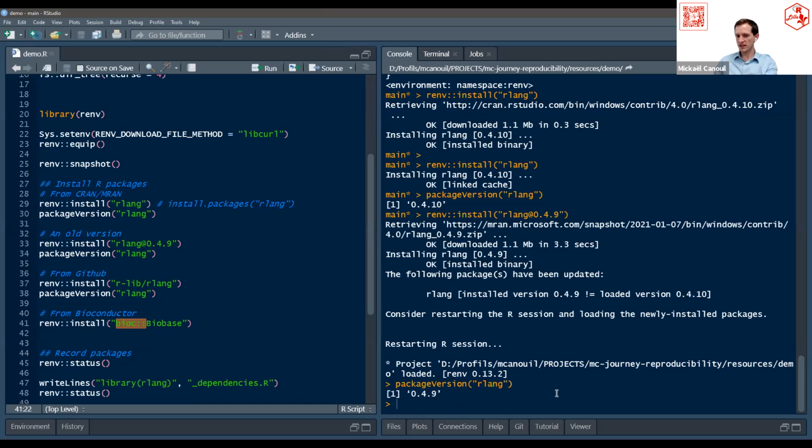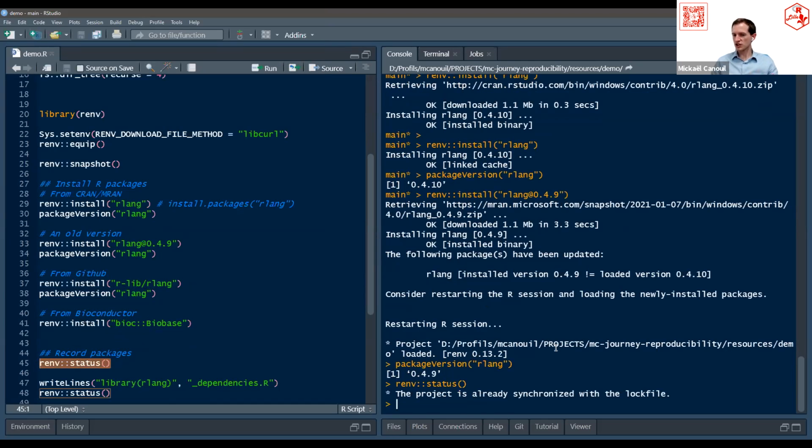So now we installed a new package. We want this package to be recorded in our session here. So what you can do is just check the status of your project. And as you can see, we installed a new package, which is Erlang. And when we call status, it says everything is fine, you don't need to do anything. Yeah, but I just installed a package.